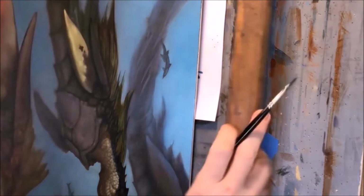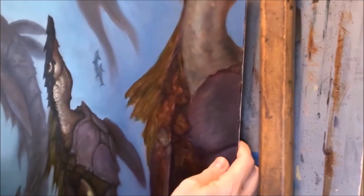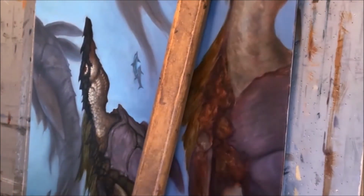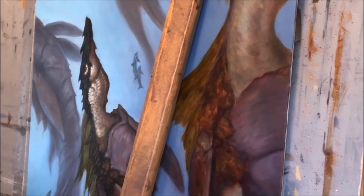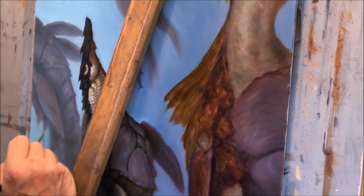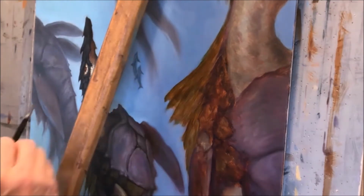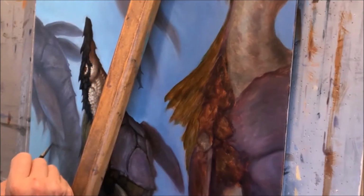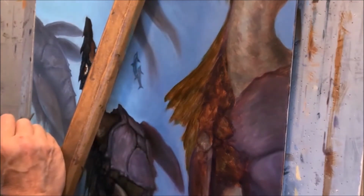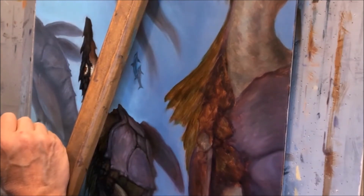But again, I'm trying to keep the major focus of this piece. The major focus is the upper body of the center turtle dragon. So I'm trying to keep the lighting there, the spotlight. I'm also trying to keep the edges on the guys in the background a little softer so that he will project forward, as well as the most contrast there: the lightest blue with the blackest, which really isn't black, but the darkest dark on the upper skull of the